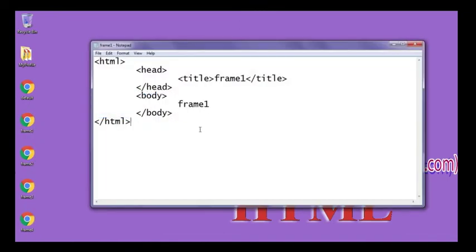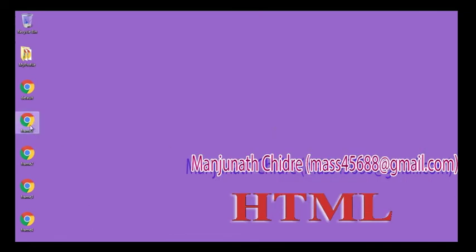In this page I am going to create one hyperlink, anchor tag, href, hyperlink reference, and here I am going to write frame4.html, click me here, closing anchor tag, File, Save. Now we know that if I right click and open the frame1.html page with Firefox, and click on click me, you can see that it is displaying